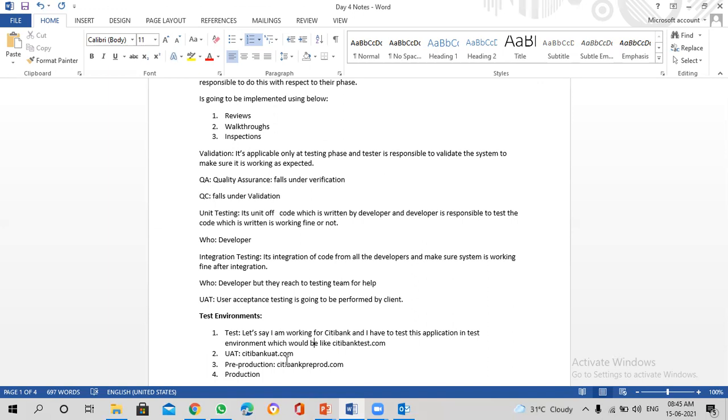So you call the customer care, and the customer care executive makes a note of what the issue is, and then gives that information to another team called the L2 team to investigate. The L2 team could not replicate that issue, so they give it to the testing team to test. So what would the testing team be doing? They try to enter the user ID and password in the test environment. You need to remember that, okay? In the test environment, you are trying to replicate the issue the end user is facing, but you are not able to replicate it. You are able to log in successfully.